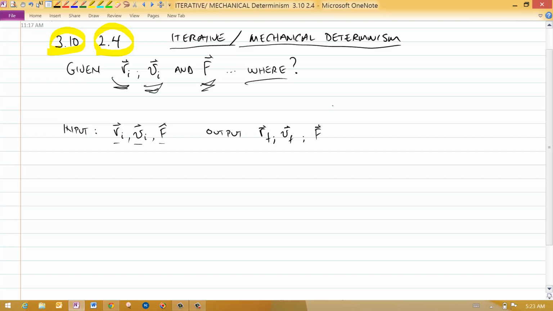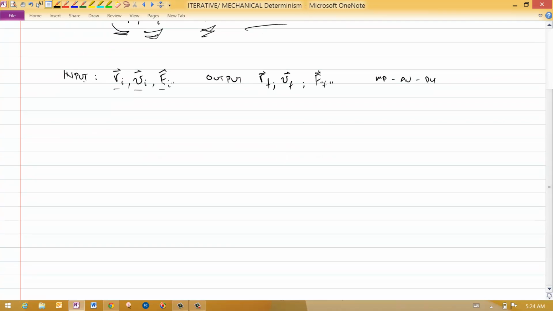Now I'm going to work out an example where the force doesn't change in time. We could write this as the initial force and the final force. Put it in quotes because I'm going to keep the force a constant for this illustration. And we've already done this. This is the momentum principle, average velocity, position update chain of reasoning that takes me from the initial to the final. I'm just going to do it time and time again. So here's what it looks like